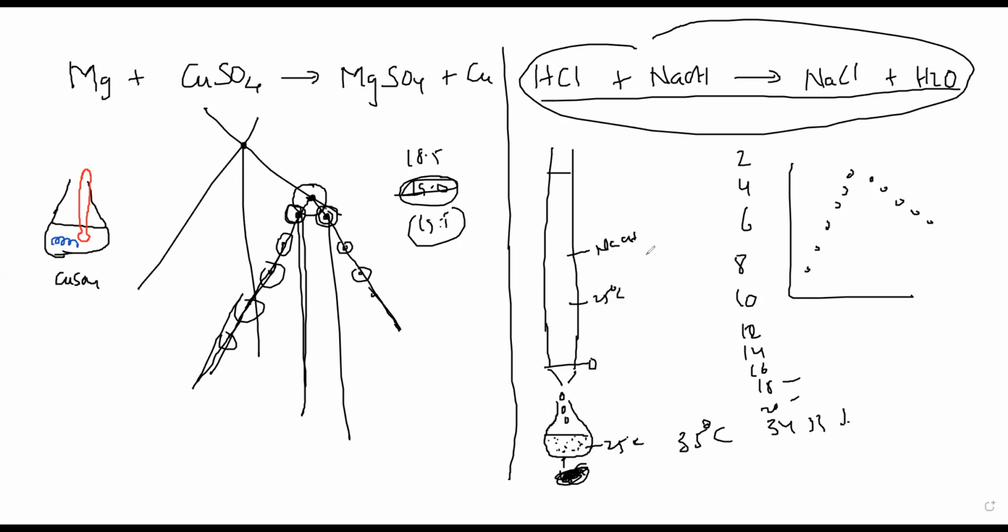Understood, sir. Got it, sir. So that's the reason why, if you see the readings, you have to draw a straight best fit line for the increasing temperature and also for the decreasing temperature. And somewhere here you will get a temperature that may not be in your reading table. That temperature may not be there, that volume may not be there. If that volume is somewhere between 18 and 20, how will you get it? You have not added that much volume. After 18 you straight added 2 more, so the next reading was 20.